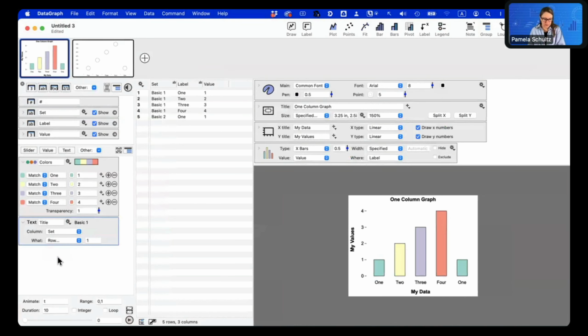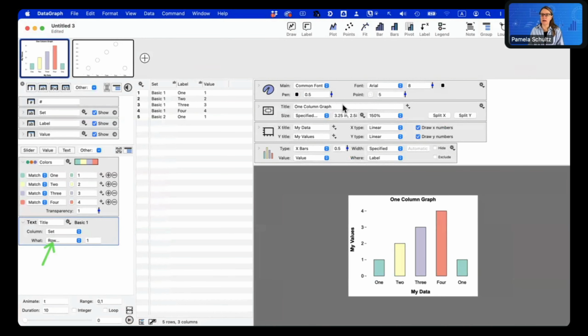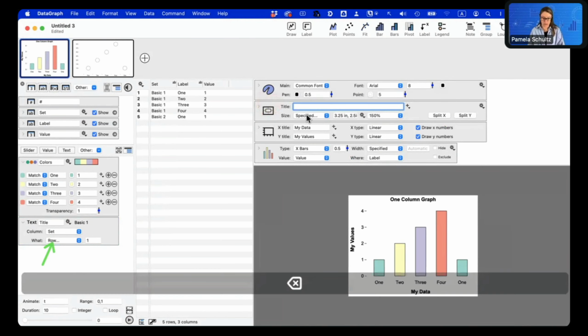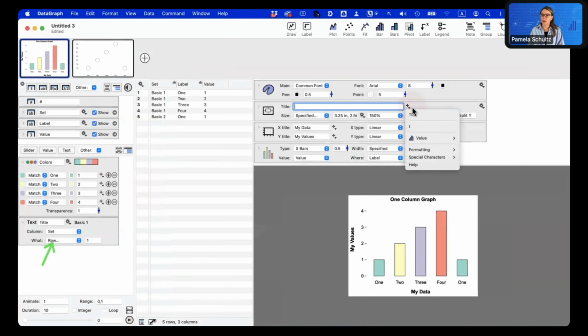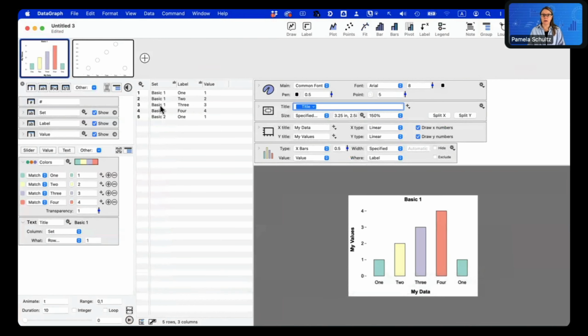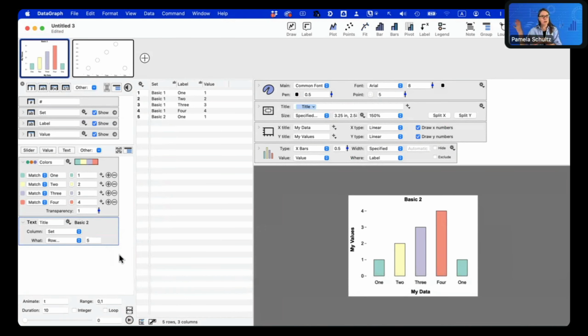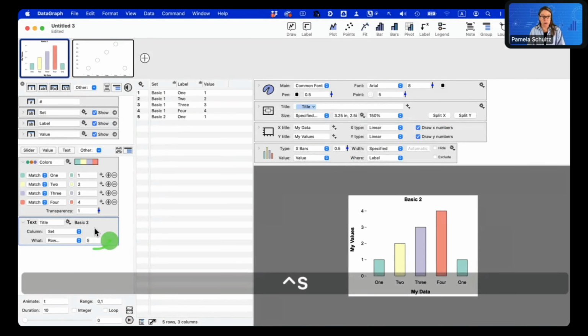But here, what hopefully you can see is that I can say I want row 1, that's going to be my title. And then in my graph title here, I can select a variable. So I click on my little plus symbol. I can select the variable called title. And now it's using the text that came from row 1. If I want to use the text from row 2 or row 5, it's different, so I could type that in. And then the way that you could set this up to be dynamic is that the row number